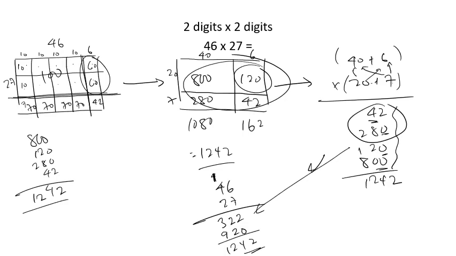And if I go back, I could look at this rectangle, and instead of adding vertically, I could add horizontally. And there's my 920, and there's my 322 there also. So I can connect it back this way. If I were to do this the other way and go 27 over 46, then I would see these numbers